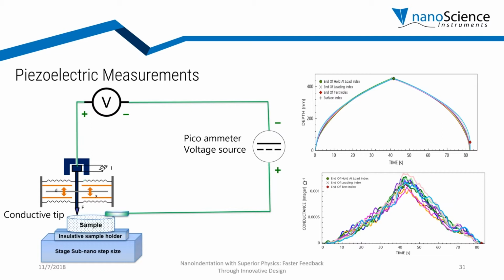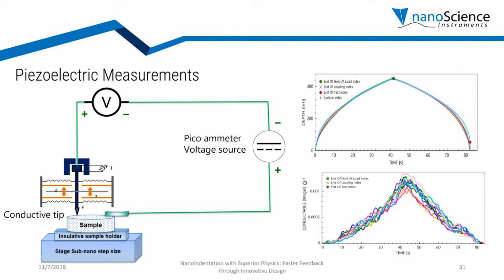We understand that piezo materials have a mechanical response based on, let's say, the voltage difference that we apply across these piezo materials. So with the nanoindenter, you can actually measure the directional properties of these piezo materials, like S11 and such. So what you do is you load your sample on the sample holder, and the tip